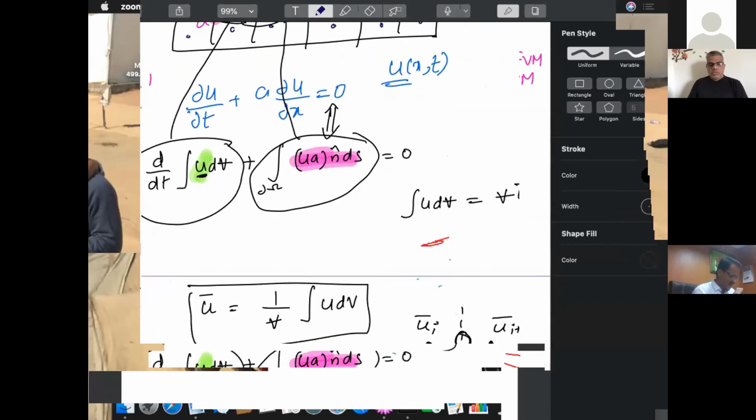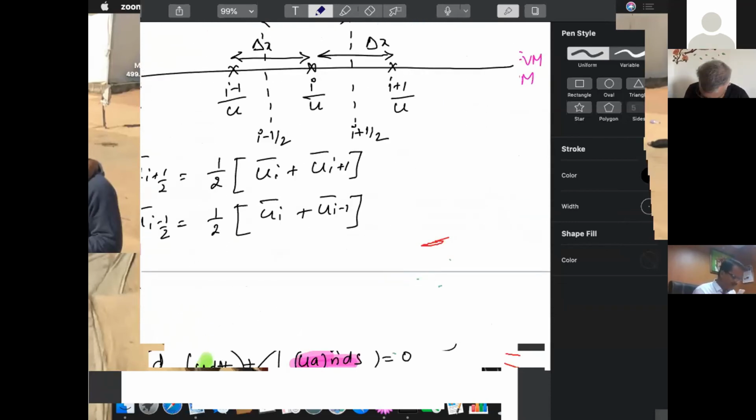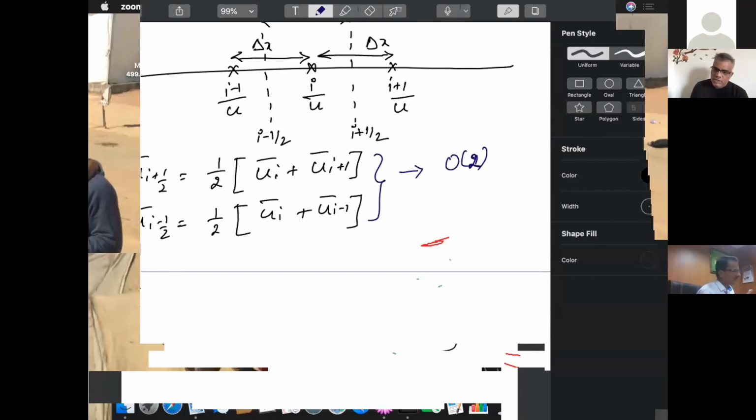If you perform this, this becomes a first order accurate scheme. You'll get a second order accurate central difference scheme. When you substitute this in the previous expression and simplify it, you will end up with an equation similar to your central difference in the finite difference method. They are identically the same, at least for the wave equation. So this is how the finite volume method is developed.